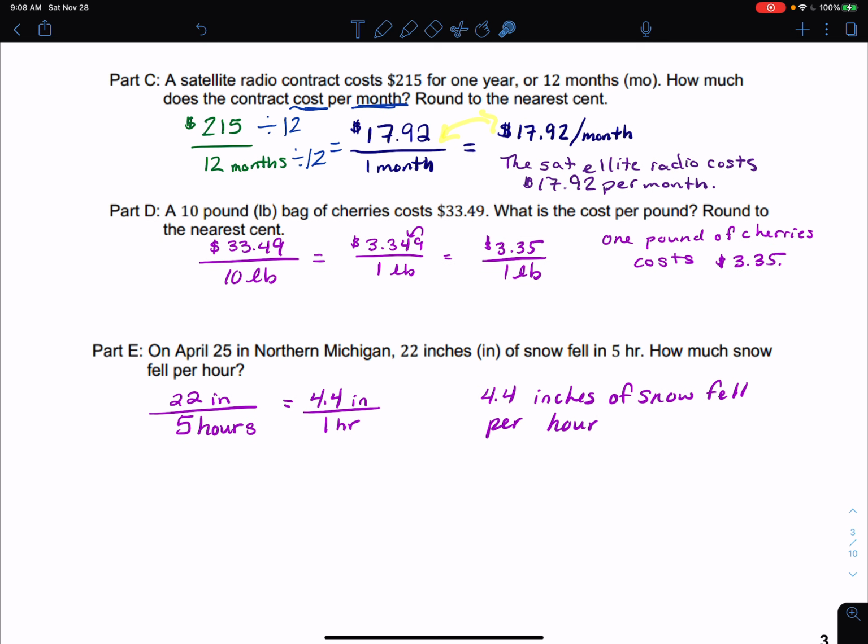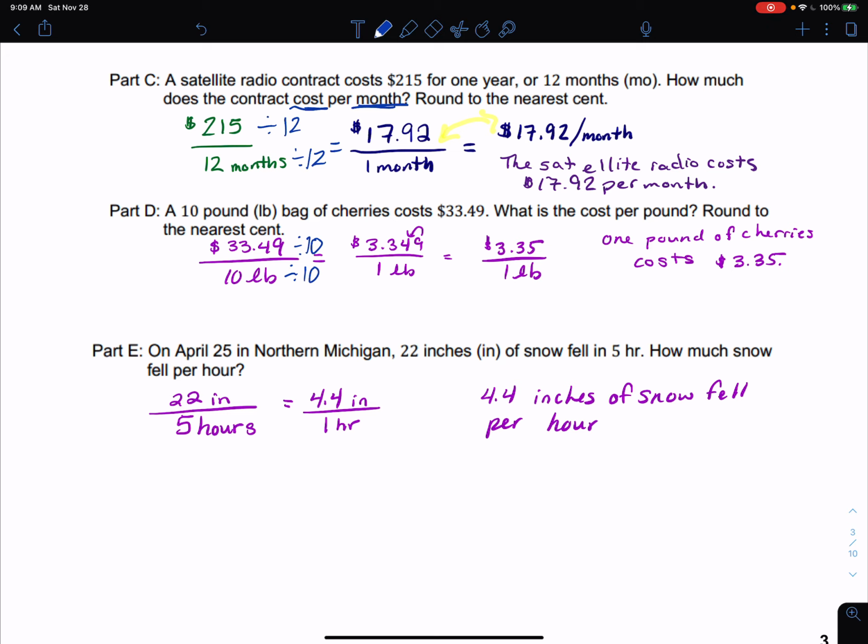If we look at part D, a 10-pound bag of cherries costs $33.49. What is the cost per pound? Round to the nearest cent. So they're telling us we want cost per pound. So cost is going to go in the numerator, pound is going to go in the denominator. So that's why we have the $33.49 up in the numerator and the 10 pounds down in the denominator. To get this into a unit rate, I divide by 10, that number in the denominator,